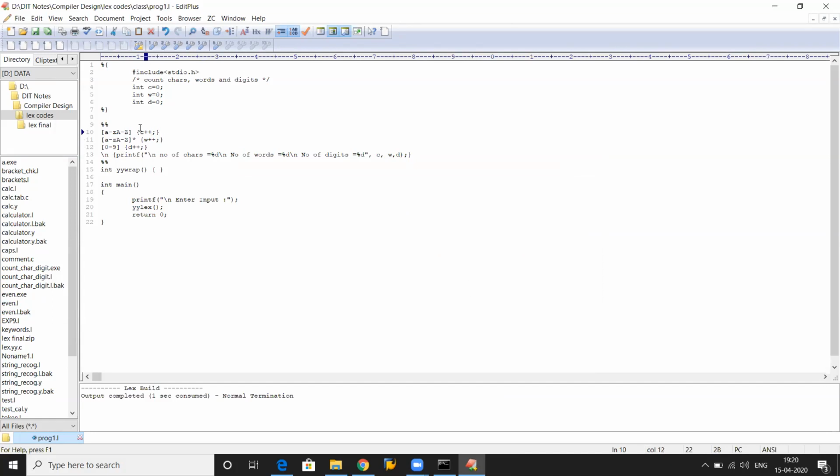What is the problem in it? Digits have been counted correctly. It counted one fewer word. And characters also it counted fewer. It counted only one character.